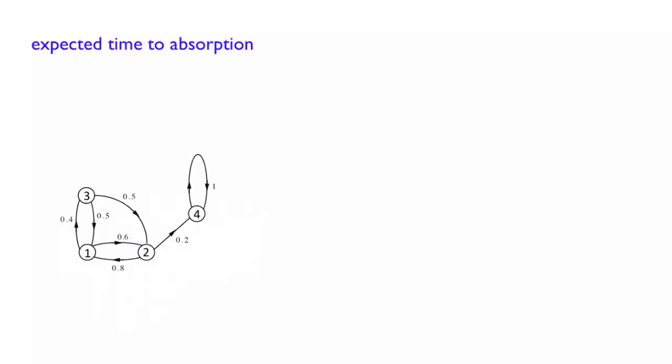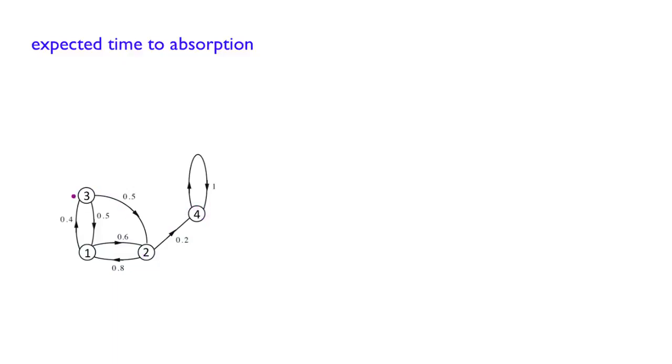Let us consider the following Markov chain, which is a little simpler than the one that we had in the previous video. States 1, 2, and 3 are transient states, and we have one recurrent state, 4, and that recurrent state 4 is an absorbing state because once you get to it, you stay there forever. So in this simple example, the absorption probability to 4 is trivially 1. No matter where you start, with probability 1 you're guaranteed that eventually you will reach 4.